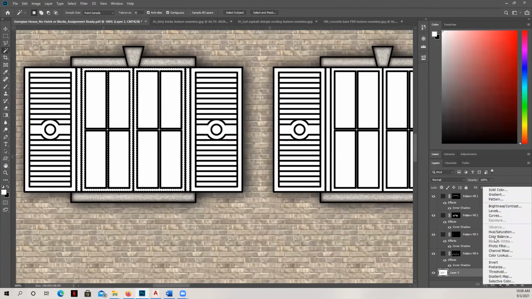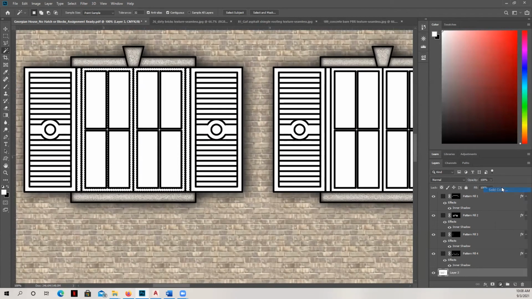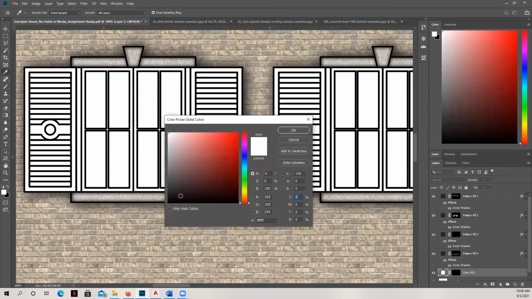So instead of defining pattern, we're going to define a solid color. And even though I want it to be black, I'm going to do not black. I'm going to do a dark gray so that the lines still show up that define the window itself.